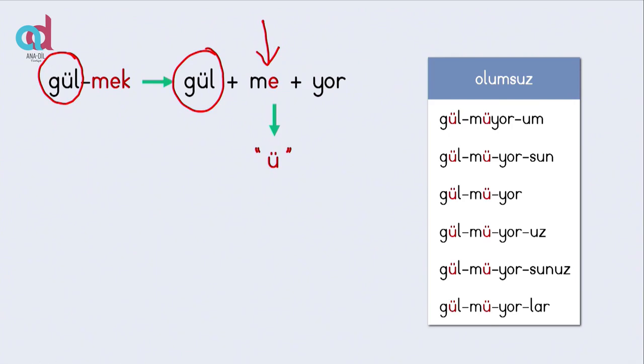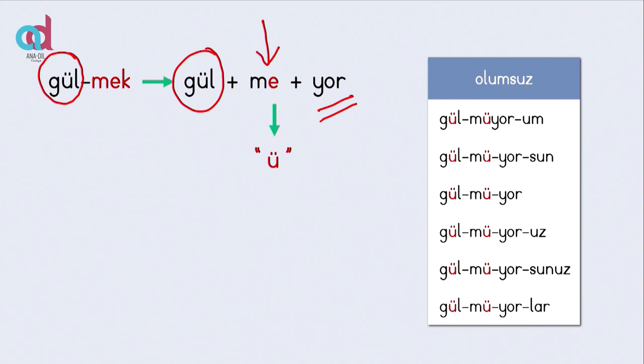This comes right after the root. And it's basically me, gülme. So if I don't want you to smile, I will tell you, gülme, don't smile. But here I will continue to add more stuff, which is our ing,